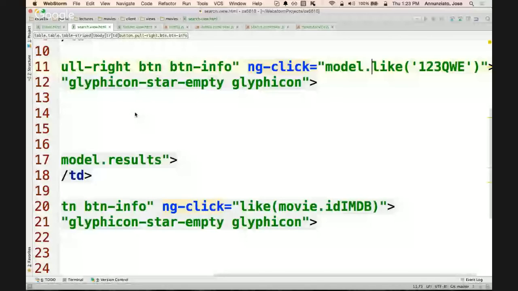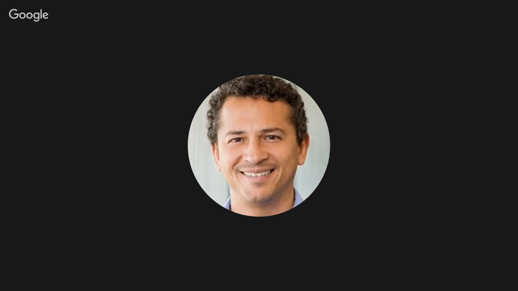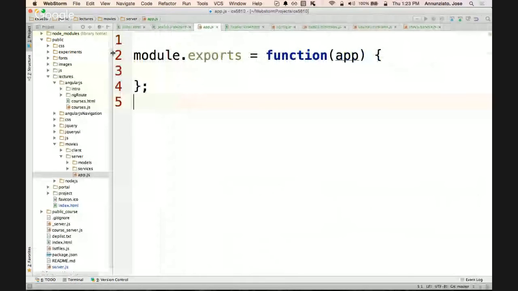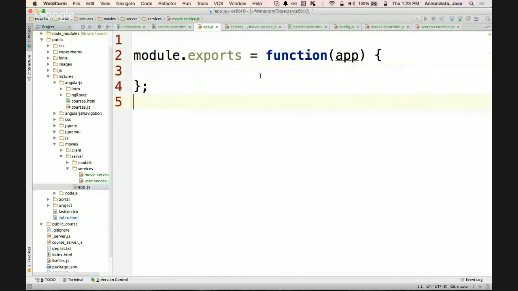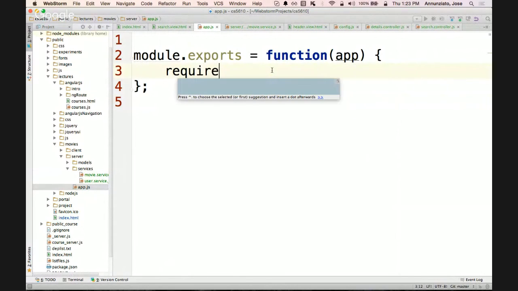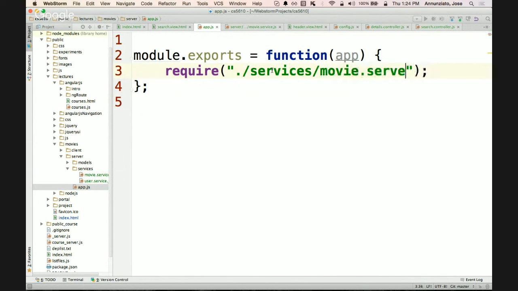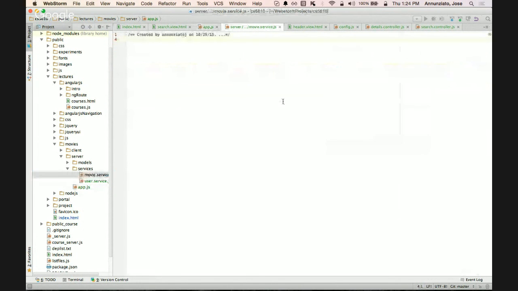So here's our app for the server. Wait, no, that's one server app. There it is. We have to load the services. What services do we have? The movie service. There's nothing in it, but let's load it anyway. So we'll say require services slash movie service.js, and we're going to pass it app. Okay, so in movie service,